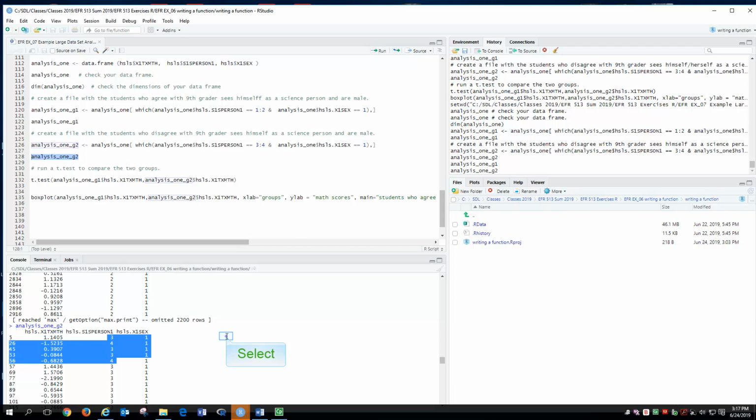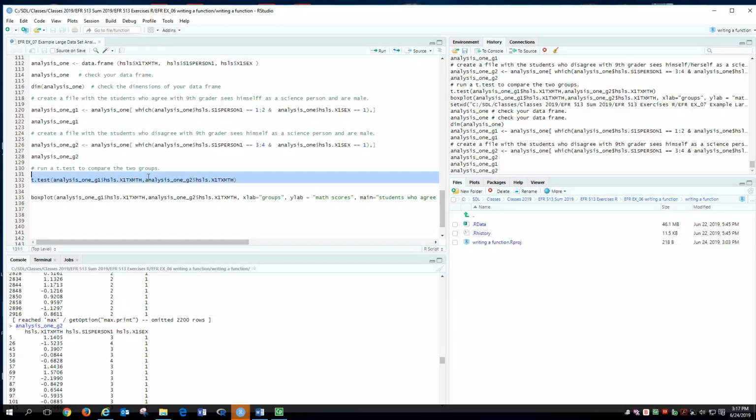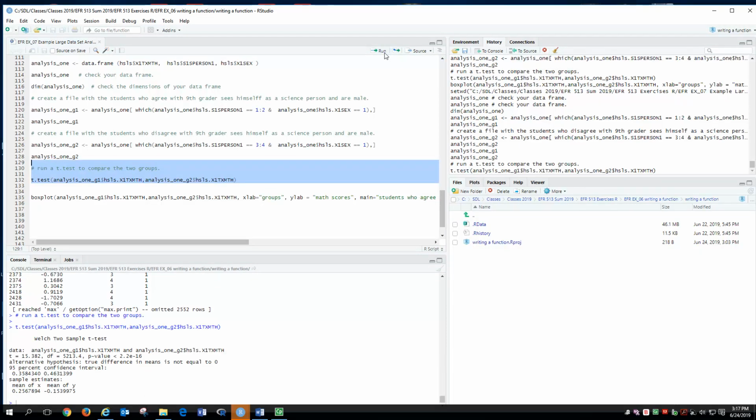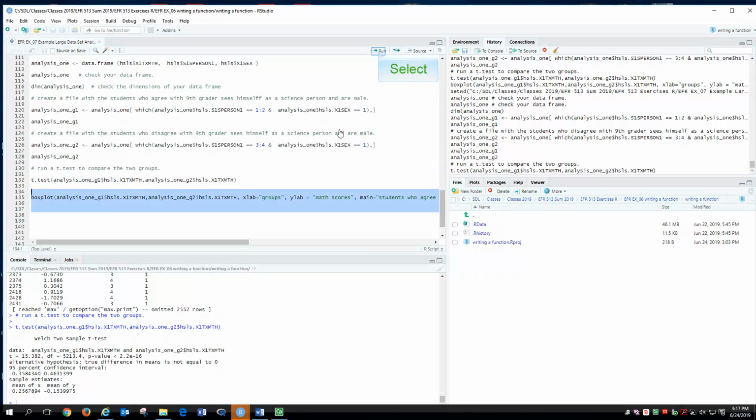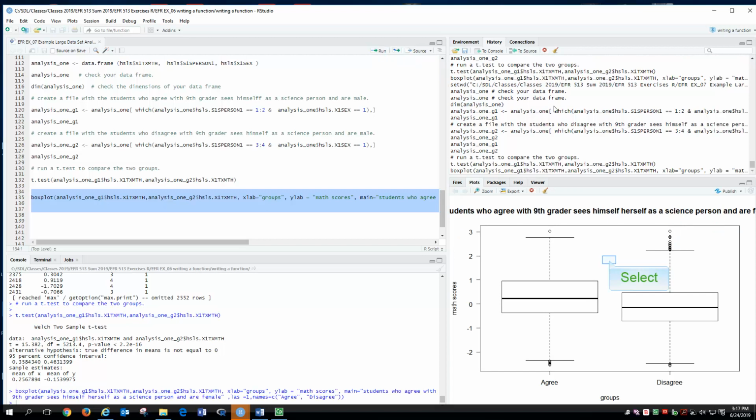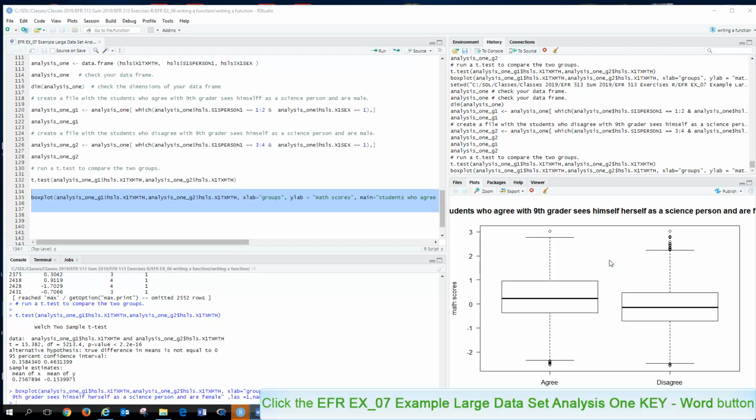So now I'm going to run a t-test to compare the 2 groups. And what I'm after is the math scores of each. So I'll go ahead and run that. And that gives me the t-test. And then I'm going to run a box plot. So here's the code for a box plot, right? You search on box plot, and there's the code for a box plot. And we get the box plot out of the assignment. So when I'm looking at the key,